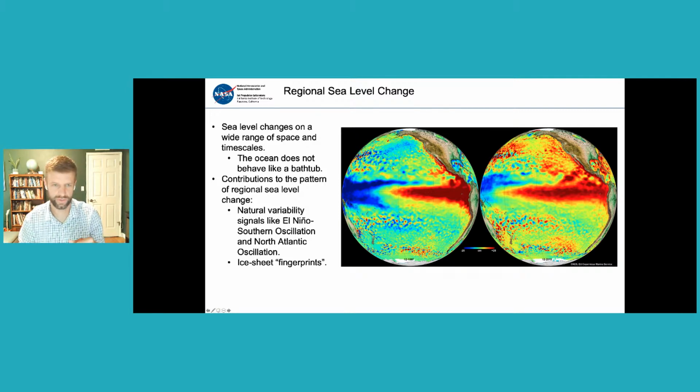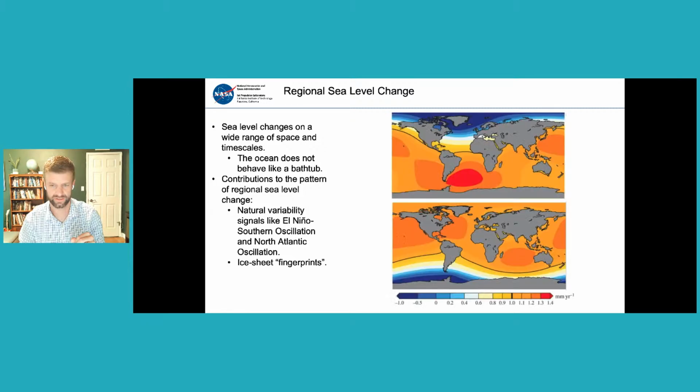All right, the other way that regional sea level is changing is from what we call ice sheet fingerprints. As I mentioned, when ice melts, it does not increase sea level the same everywhere. So I'm showing what we're calling fingerprints. The reason for that is maybe they look a little bit like fingerprints in terms of the spatial variability in the pattern here. It's also kind of a signature for each of the areas where we're losing ice from.